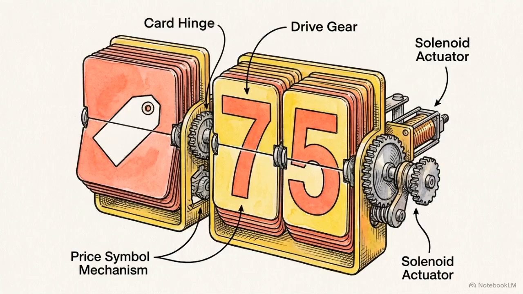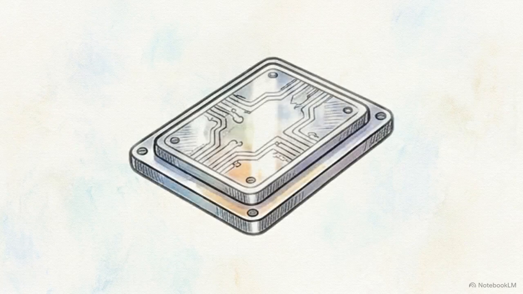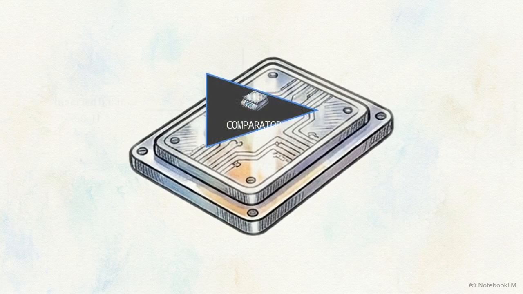To make a purchase, the machine requires you to hit a hard-coded threshold, in this case 75 cents. Here, the Activator subcircuit takes over. A comparator block constantly weighs your inputted memory balance against a static value of 75. Once the balance meets or exceeds the purchase price, the comparator registers a match and fires off a solid enable